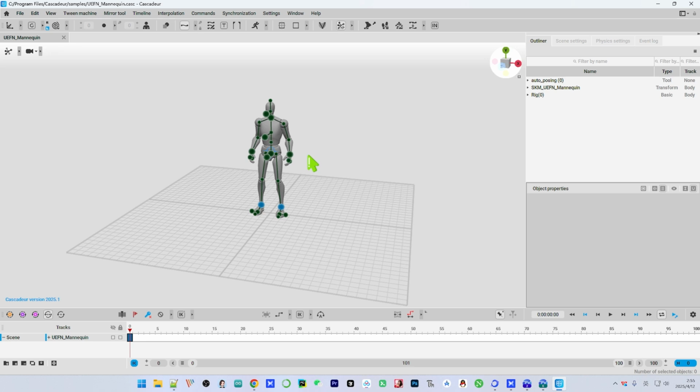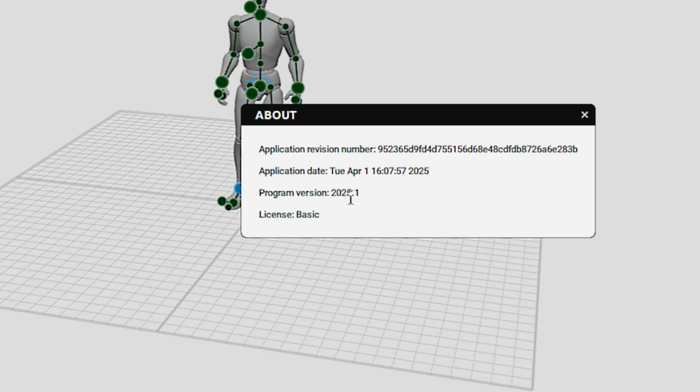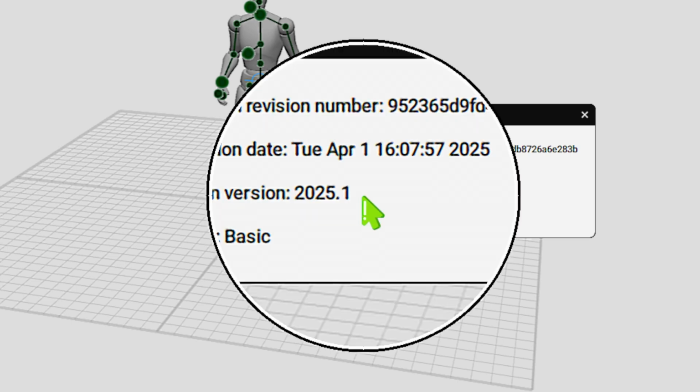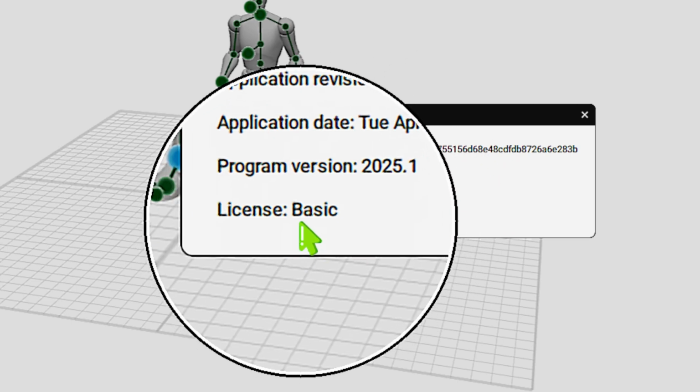最新版 Cascadeur 2025版本无限使用和破解方法。首先我们看一下 Help 里，点击 About，看一下里面的版本信息。这里版本提示是2025版，License 是 Basic。